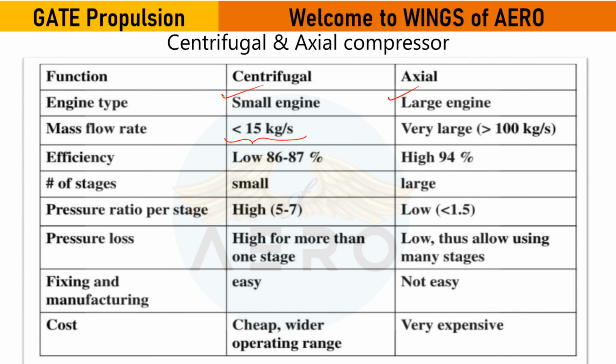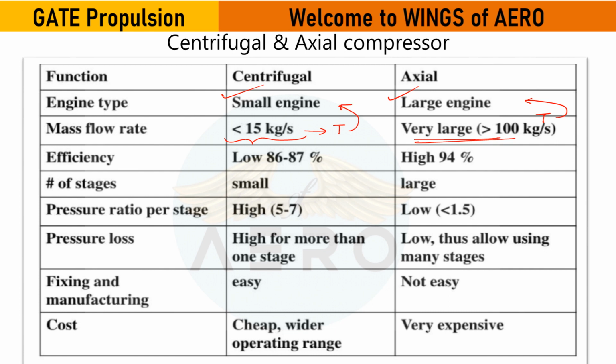Fine. So operational mass flow rate is limited for the centrifugal to within 15 kg per second, whereas here it is almost more than 100 kg per second. Okay, this again depends on the different types of performance of the axial. Now this again is quite related with the level of thrust. So the level of thrust is again connected with the engine.